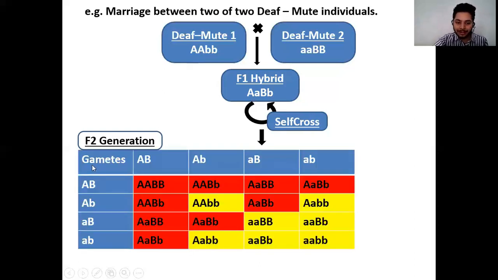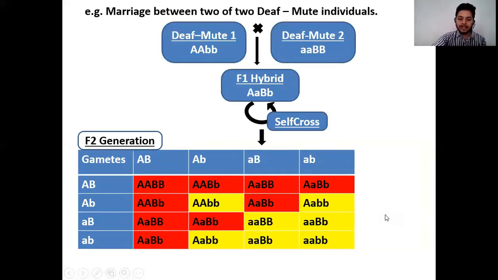Here you see the gametes that you observe in this particular row are from F1 hybrid number 1. So I have four different types of gametes produced by this F1 hybrid. Then in these particular rows, the gametes that you've got are from the second F1 hybrid. So F1 hybrid number 1 is crossed with F1 hybrid number 2. So here I am going to get 16 combinations of different genotypes. Now you see that this is a Punnett square which is ready, and 16 combinations of genotypes that you have got.